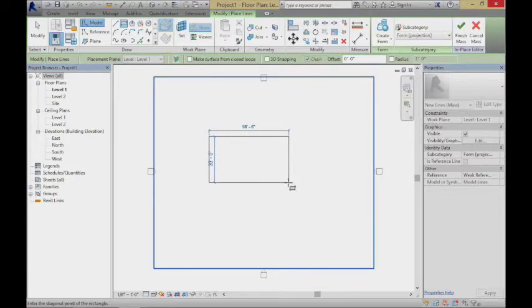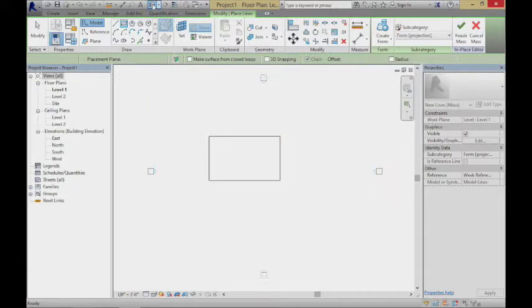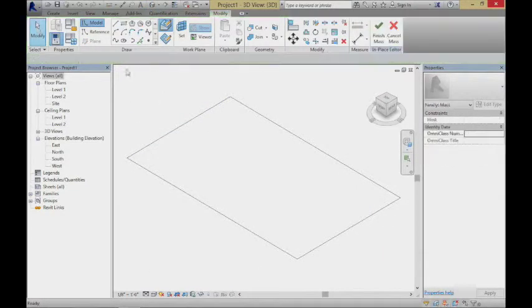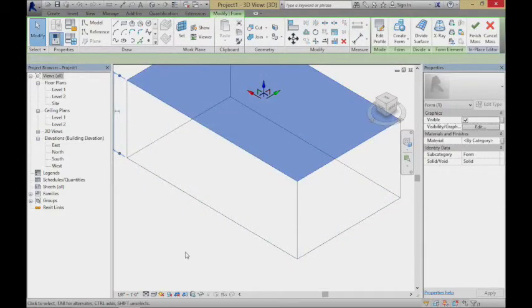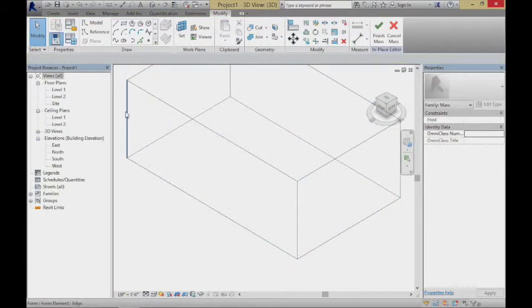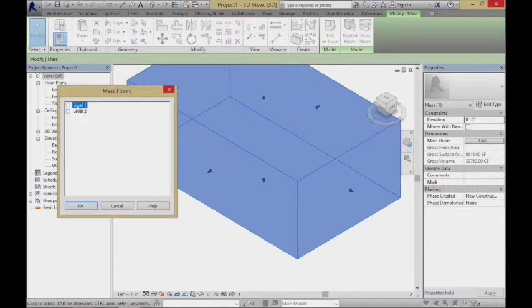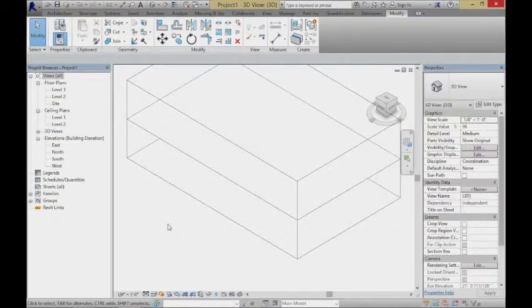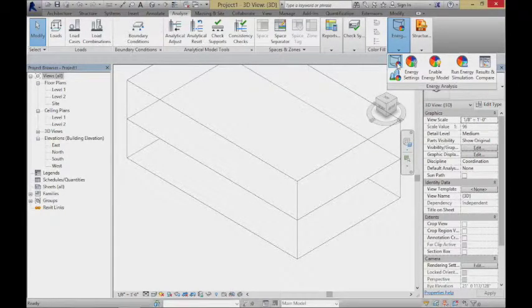So, let me do the core geometry thing. So here we are. I'll rotate that up. I'll make my form. So now, with this thing chosen, I always have to go through and make some mass floors. If it doesn't have mass floors, it doesn't have anything to work with. It's just a mass. It doesn't think that it actually is a building. Then we'll go back into Analyze, Conceptual Energy Analysis,